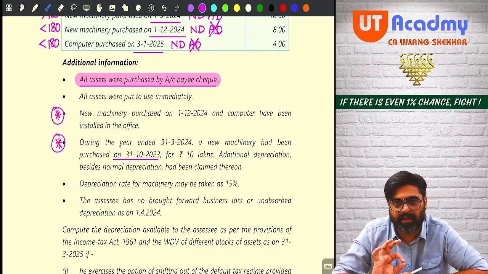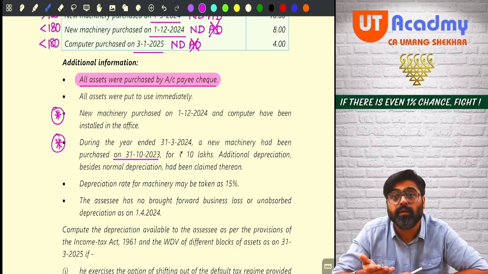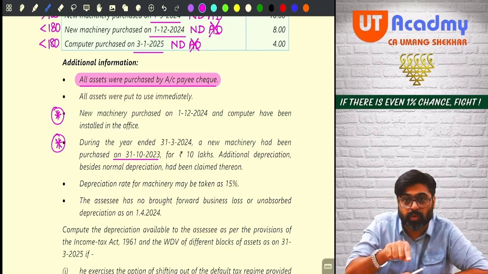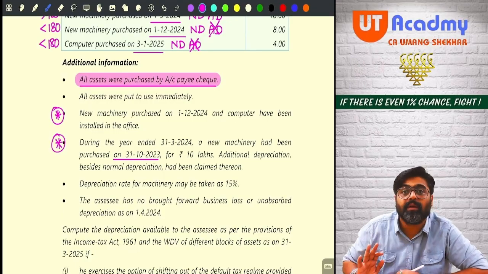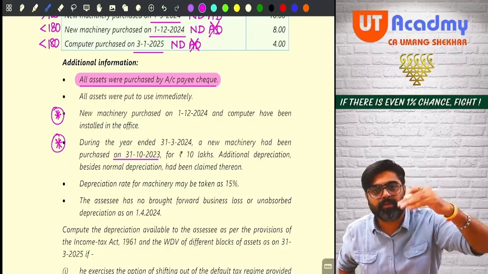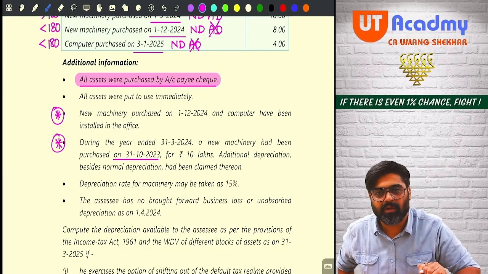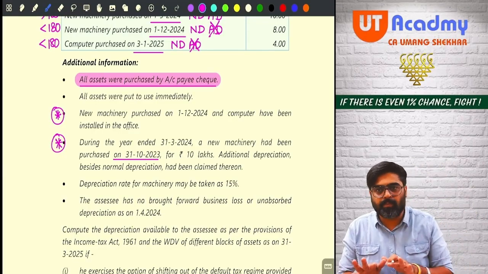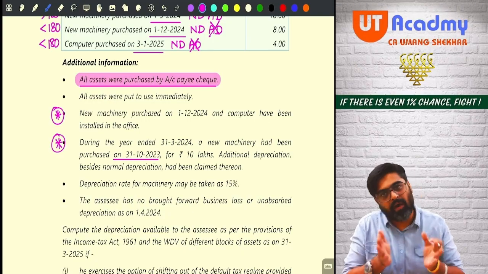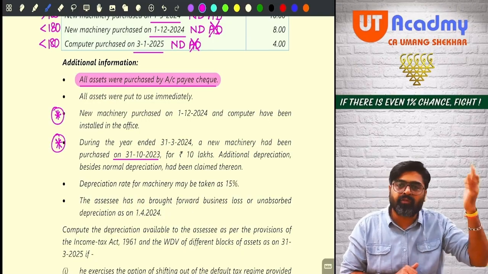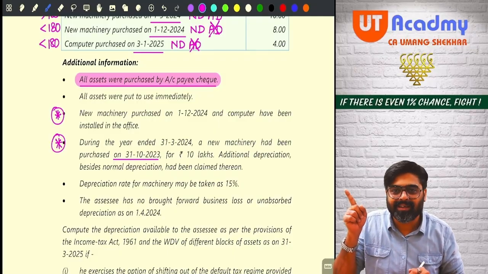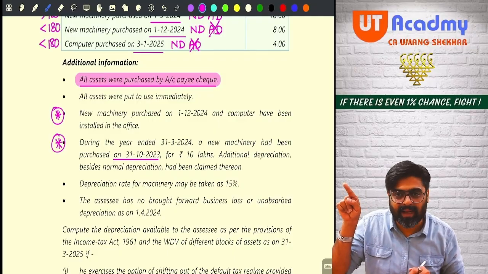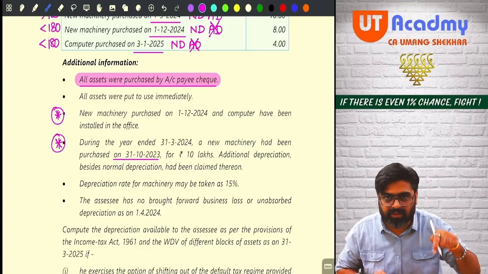See, if any new plant and machinery is acquired and installed in the first year and put to use for less than 180 days, on that, additional depreciation becomes half. The remaining additional 10% will be allowed in the next year, no? So this year, purchased and put to use for less than 180 days, half you will claim in this year. Half you will claim in the next year, no? Likewise, for the last year, half you had claimed in that year, half additional depreciation you will claim in this year, no?